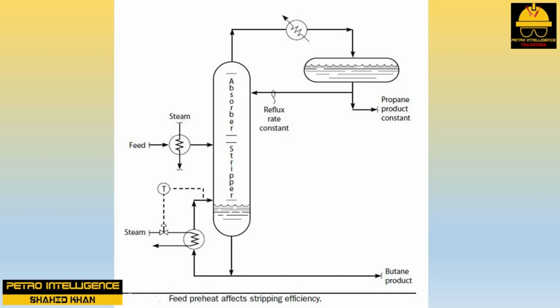How does this increase in feed preheat affect the flow of vapor through the trays and the fractionation efficiency of the trays? The bottom part of the tower in this picture, that is, the portion below the feed inlet, is called the stripping section. The upper part of the tower, that is, the portion above the feed inlet, is called the absorption section. Since both the reflux flow and the overhead product flow are constant in this problem, it follows